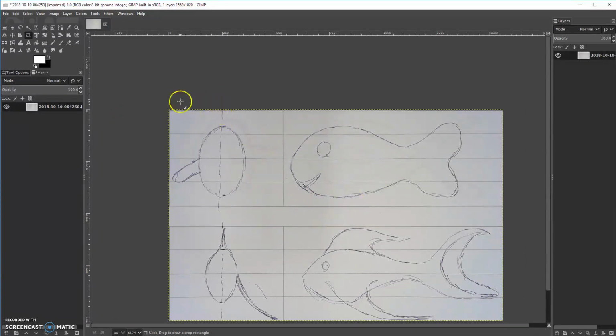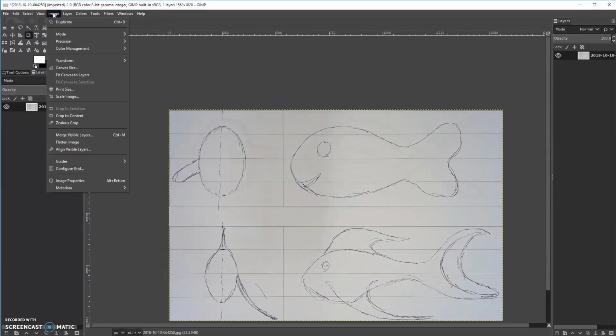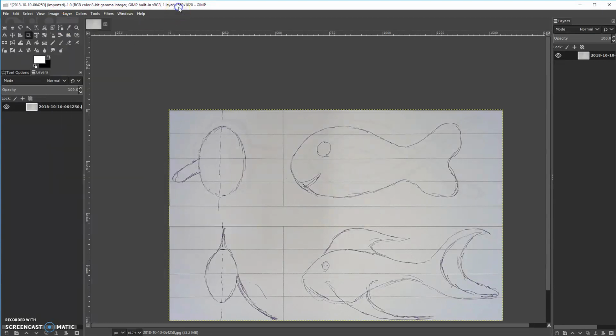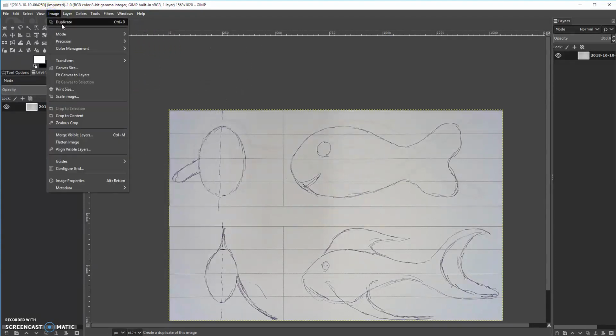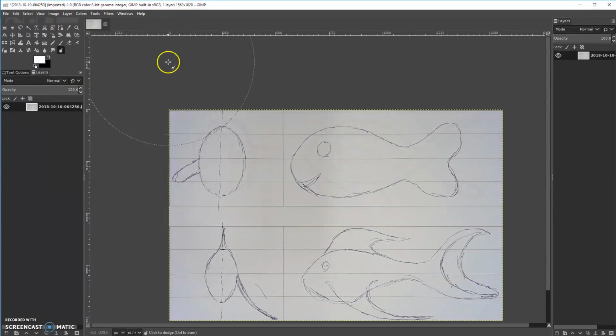And then in this particular program, Shift D is duplicate. It took me a little bit of searching around to find where in the world that was in here. It might have been under image, and then we have duplicate. So if I do Shift D, okay, that wasn't what I wanted. Let me go back to this, and I'm going to select on this one, I guess. Shift D, we'll try that again. Nope. Okay, well, if all else fails, go to image, click on, it's Control D. Control D,